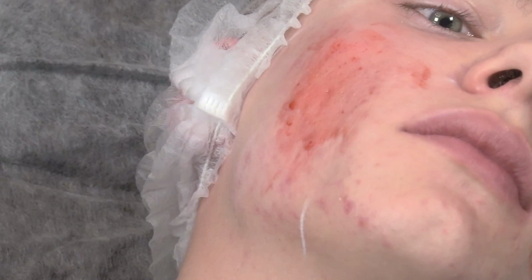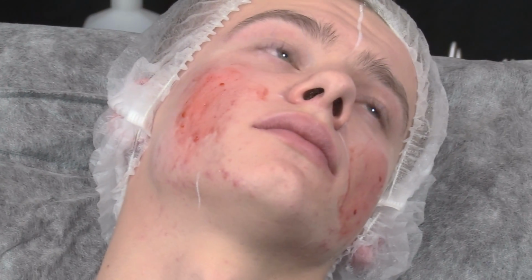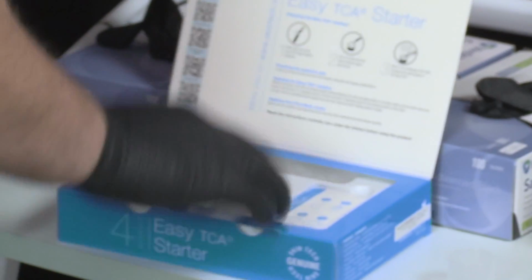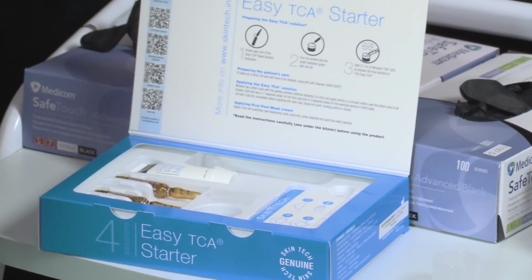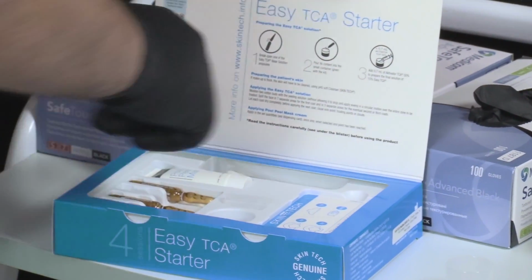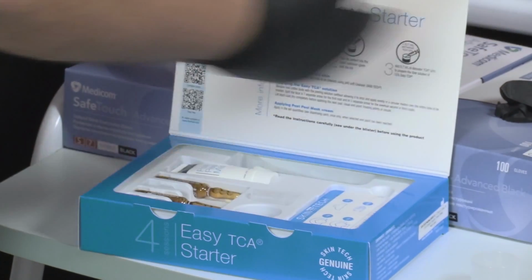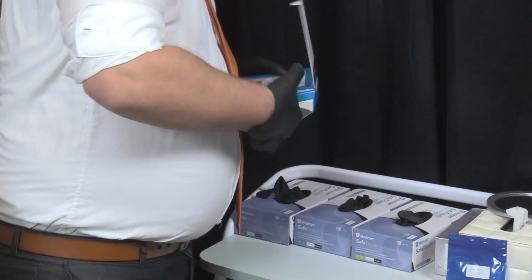This is where we stop with the abrasion, and then we prepare a chemical peel. Can you zoom here? You see here that you don't have to remember everything by heart. Every time you have a box, you have the explanation of how to do it. If you have the time, it's also rather good to read